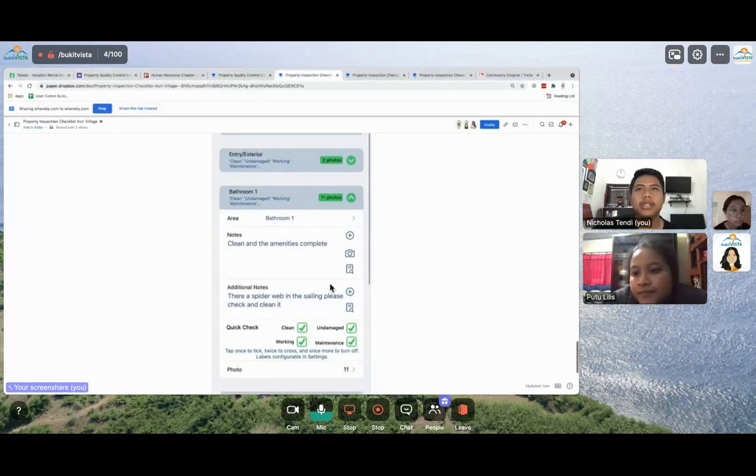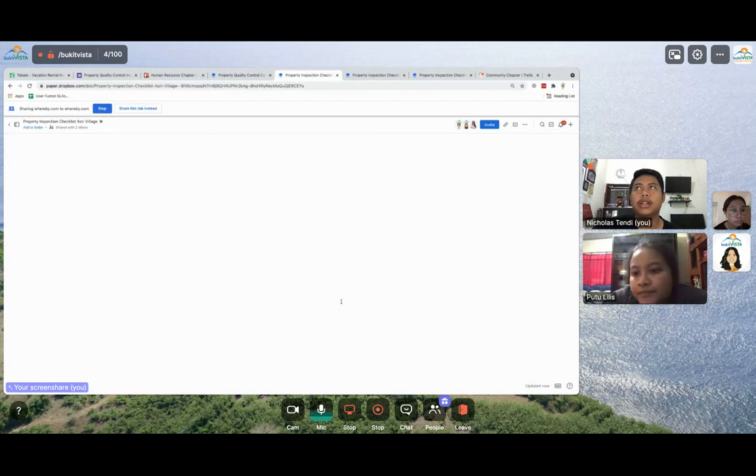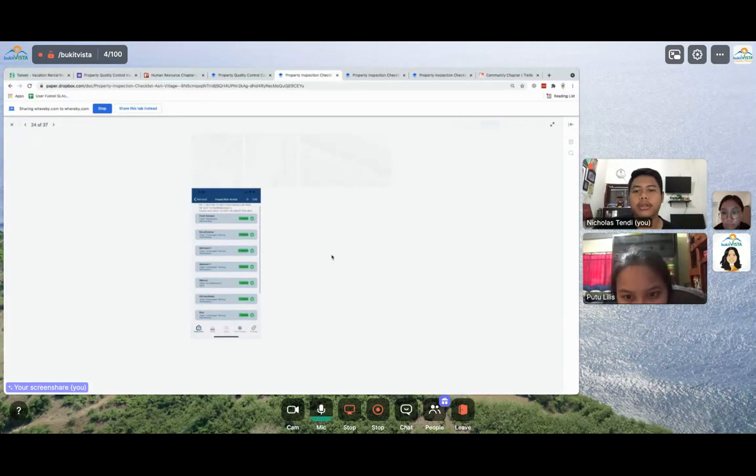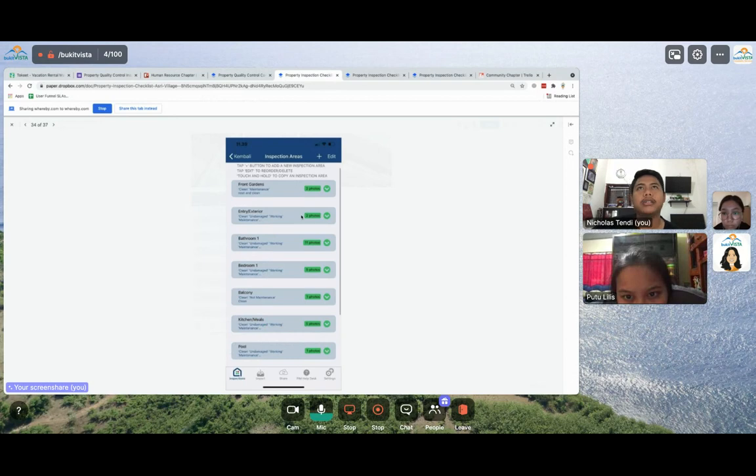So actually on the apps, it looks like this. Very lagging, bro. Jadi ada beberapa part gitu, terus di bawahnya ada inspection tabs, import, share.